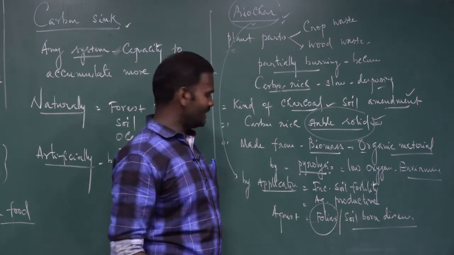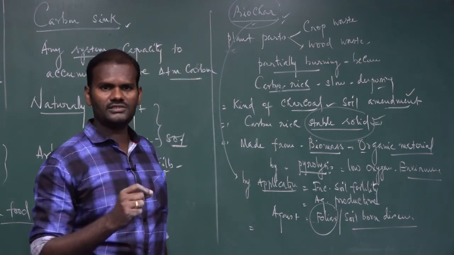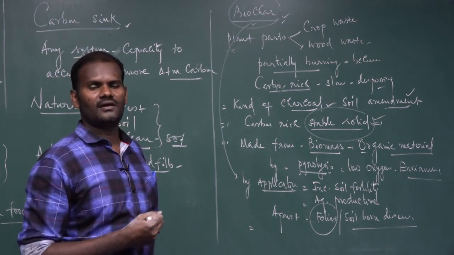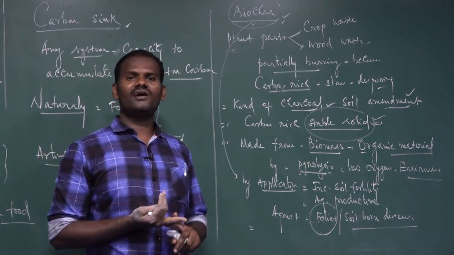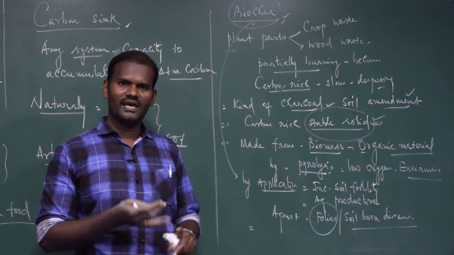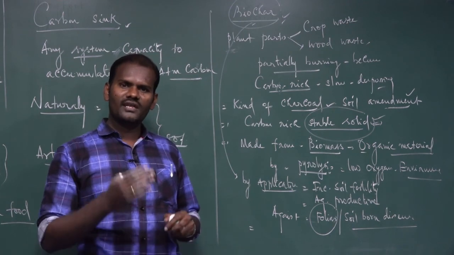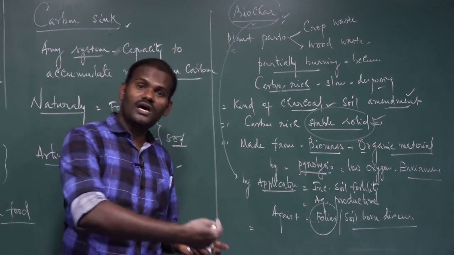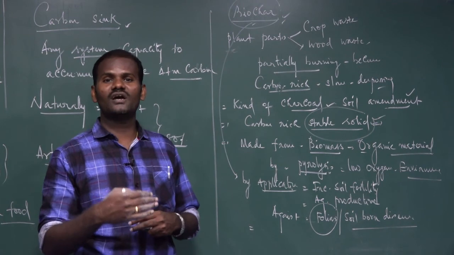Next, this biochar is a good and important choice of method. How does it deal with waste wood or logs? Logs means wooden pieces. Certain waste wooden pieces get decomposed under the soil. Instead of decaying and decomposing, this wood can be converted into biochar. We have the ability to convert it into biochar.